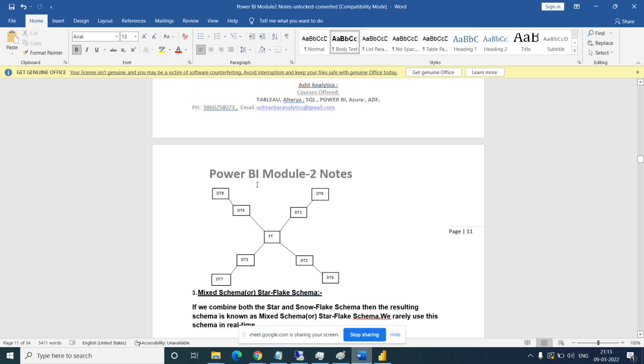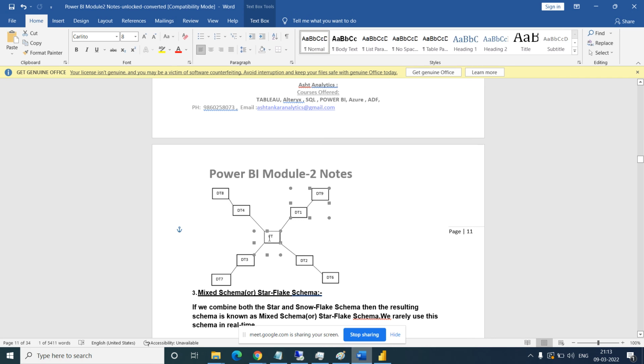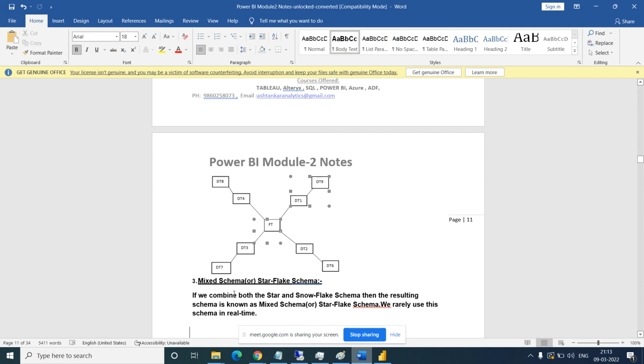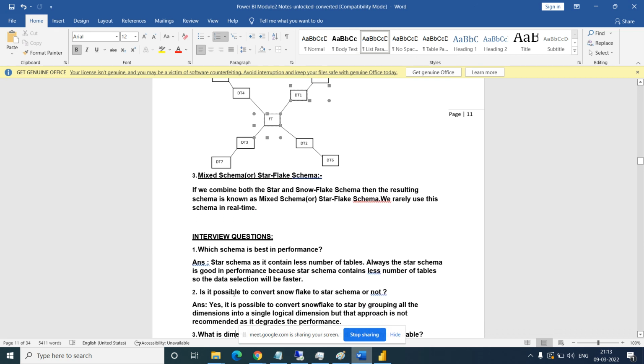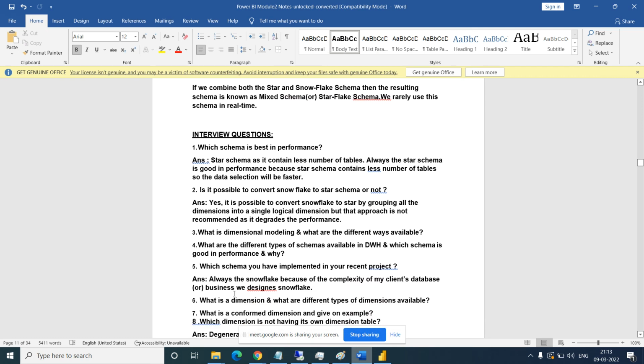This one, which schema is it? Snowflake. Okay, one dimension to the other dimension, that is a snowflake schema. Then star mix schema.